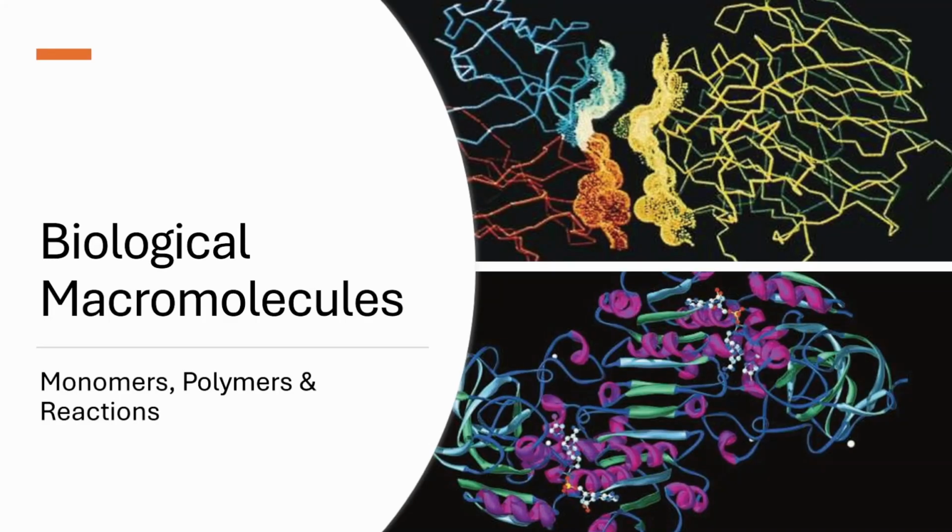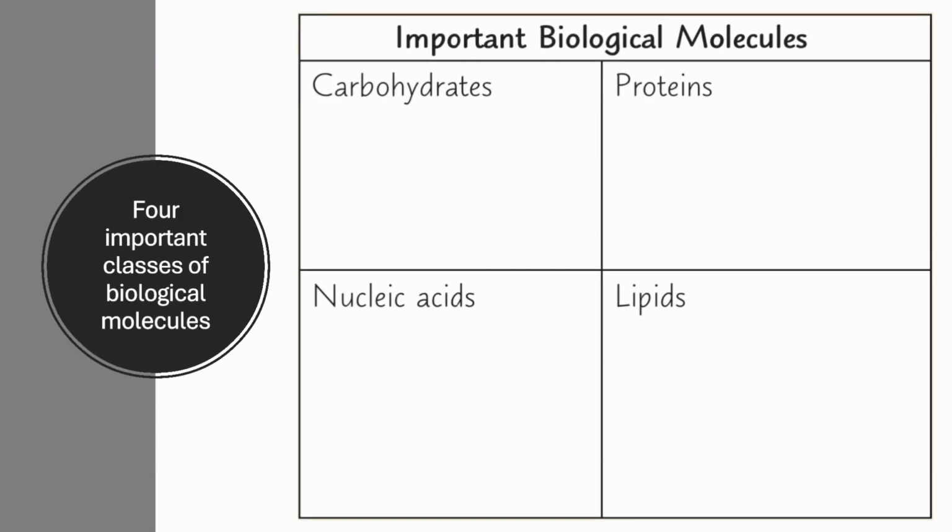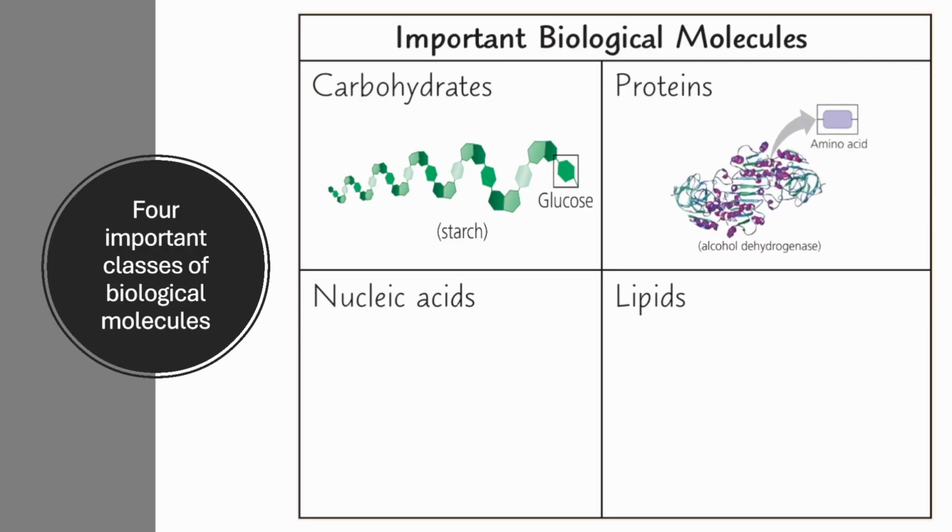Today's video is about biological macromolecules. The food we eat provides us with four important biological macromolecules. Of these, the first one are the carbohydrates that not only act as a source of energy but also provide us structural support. The second important class are the proteins that have diverse functions and help in catalyzing reactions and transporting substances into and out of the cells.